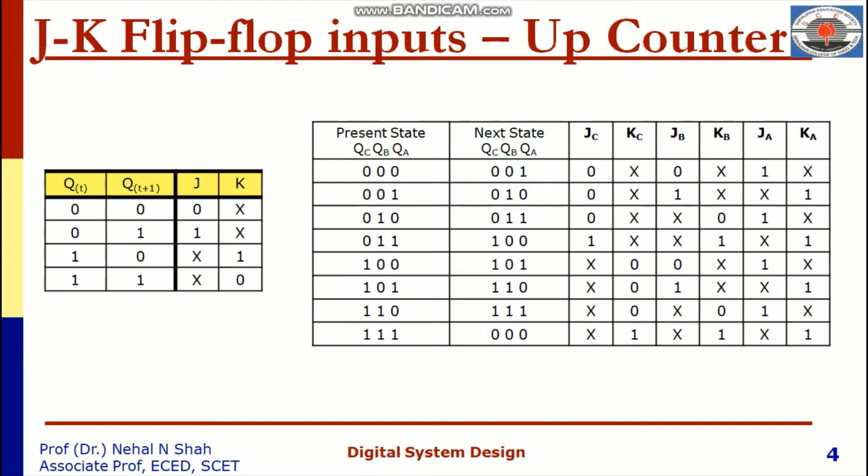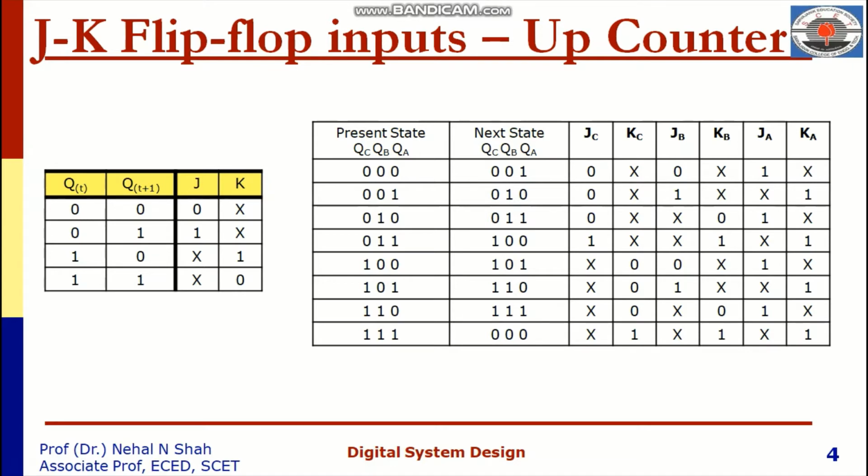For example, for the 1 to 0 transition, we can look at the input combination of JK. In case of reset, there could be a transition from 1 to 0, or in case of toggle, there could be a transition from 1 to 0. So reset is 0, 1 and toggle is 1, 1. So J, whether 0 or 1, does not matter. That's why we said J should be don't care, but K should be 1.